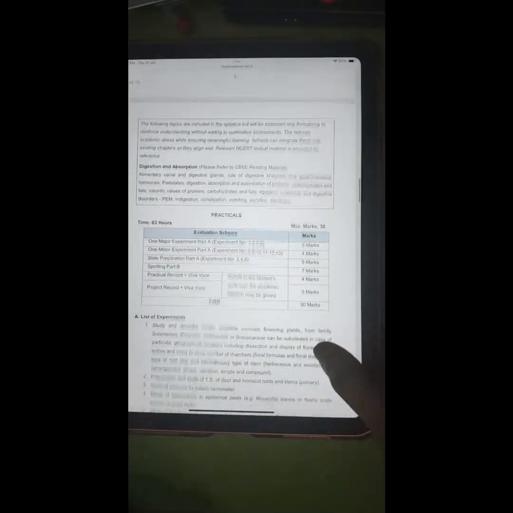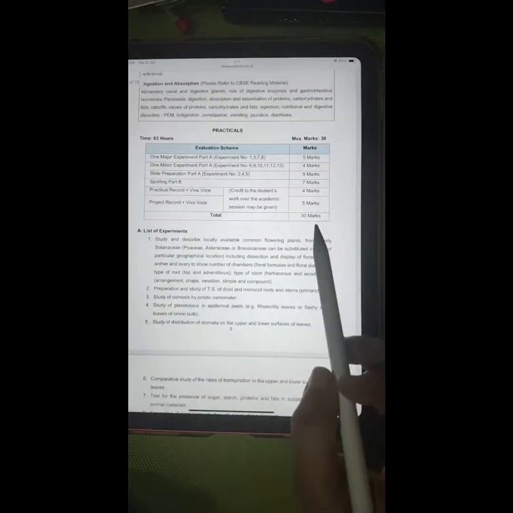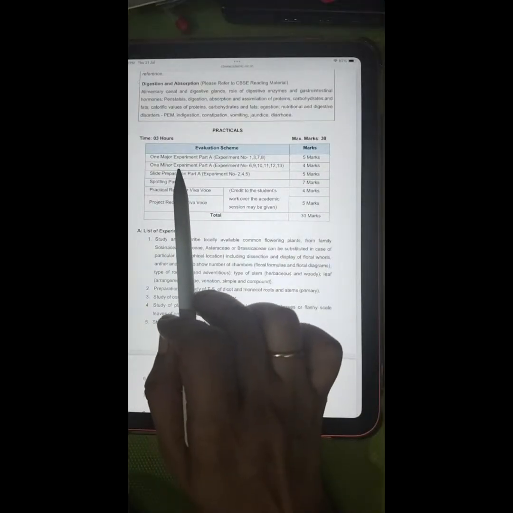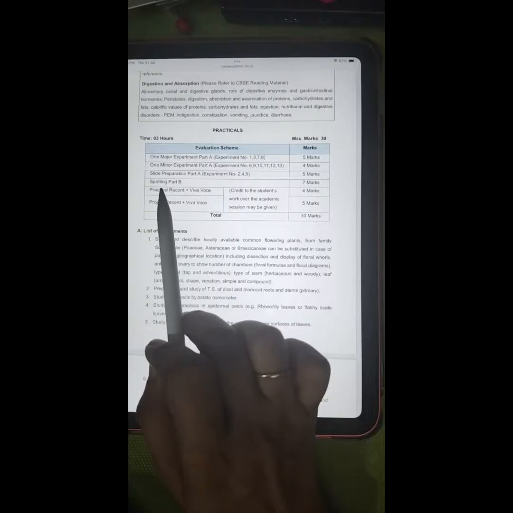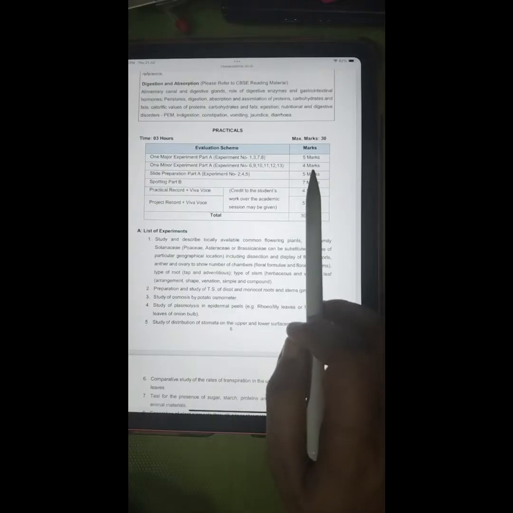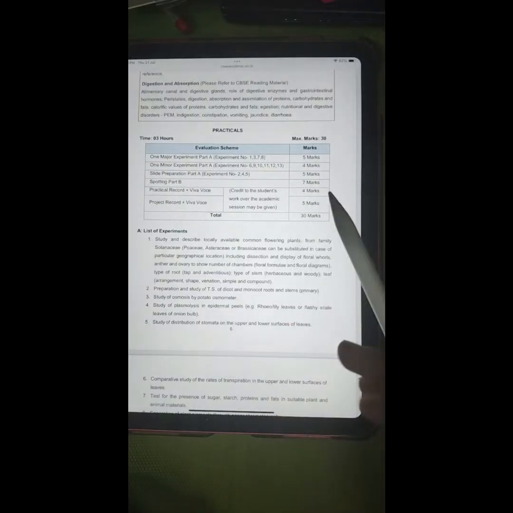So unit wise they have given you the content of what you are supposed to study. After theory you will be able to see the practical part. Overall weightage is 30 marks. There will be one major experiment, one minor, slide preparation, spotting, practical record and viva, project record and viva. The weightage of each aspect is given here, and these are the contents of class 11th bio